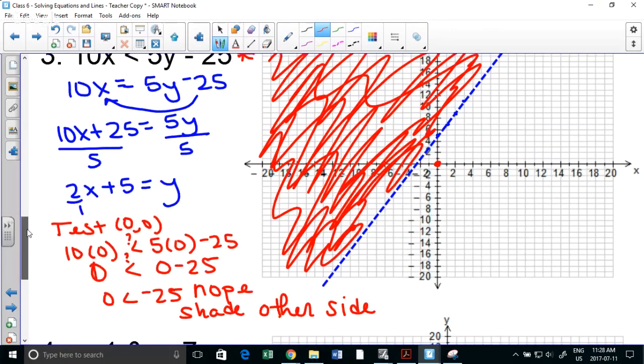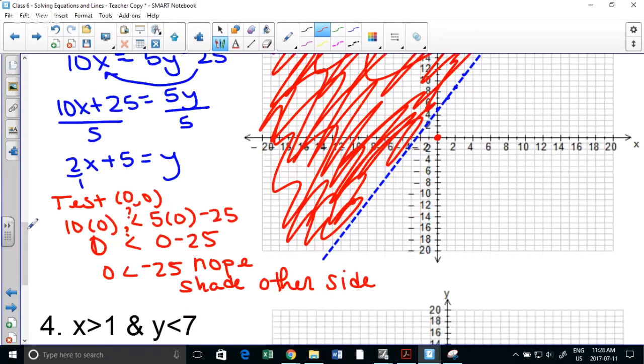This is an inequality. So I'm going to answer the two questions separately. Where does it shade? Basically, your inequality could be true or your inequality can be false. Because 25 is not less than 2, it's greater than 2. So either an inequality is false or an inequality is true.